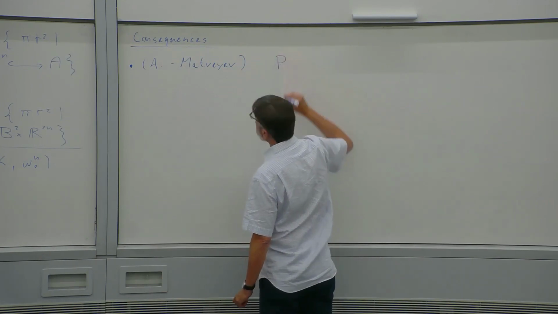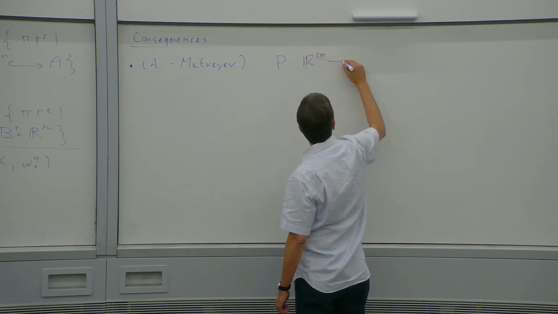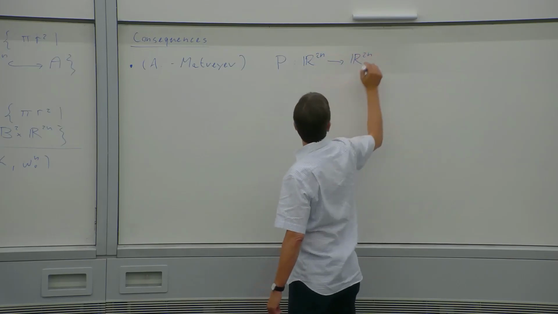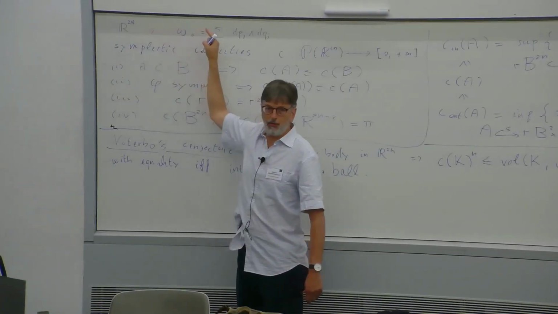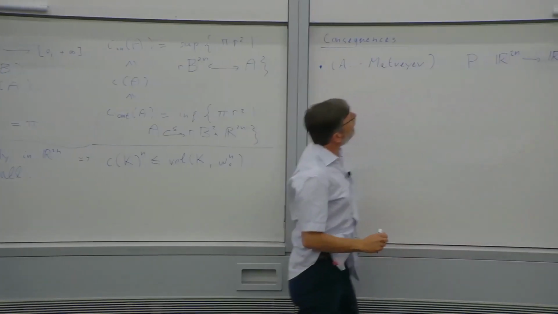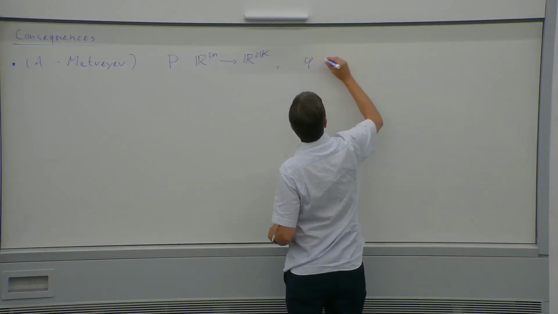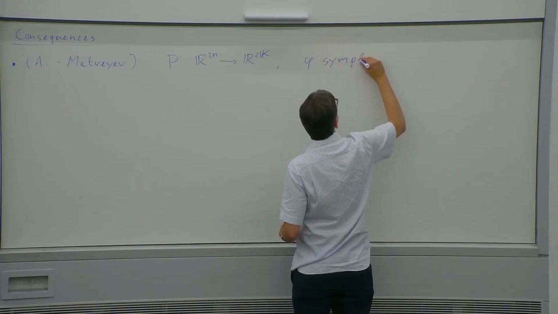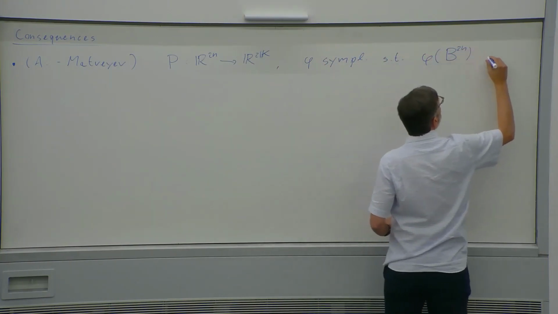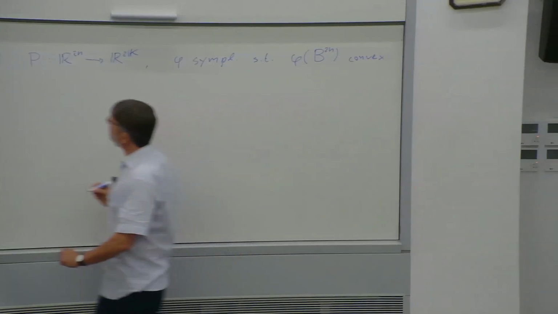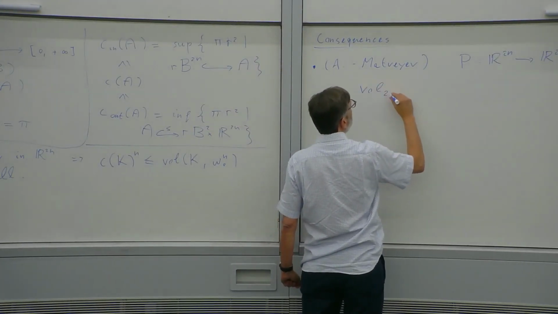Now you look at the symplectic projector from R^2n to R^2k. I'm seeing R^2k as a 2k-dimensional symplectic subspace of R^2n, and this is just the natural projector there. And then you look at symplectomorphisms such that the image of the ball is still convex. Okay. And then what you get from Viterbo is the following: if you now take the 2k-dimensional volume,